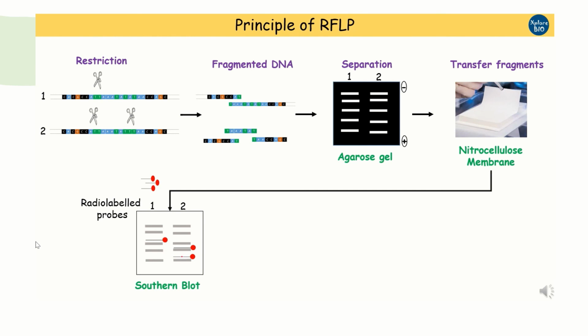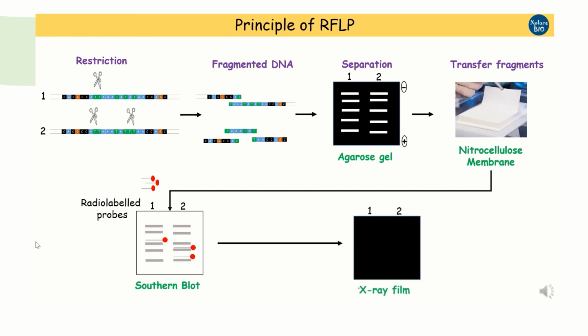They will finally attach themselves to the particular sequence which is complementary to them. This is all under Southern blot. And then there will be autoradiography, in which under X-ray you can observe the location of bands where the probes have actually attached, and then these banding patterns can be compared. Okay, so this is how this complete technique, RFLP, works, how we generate these genetic markers.